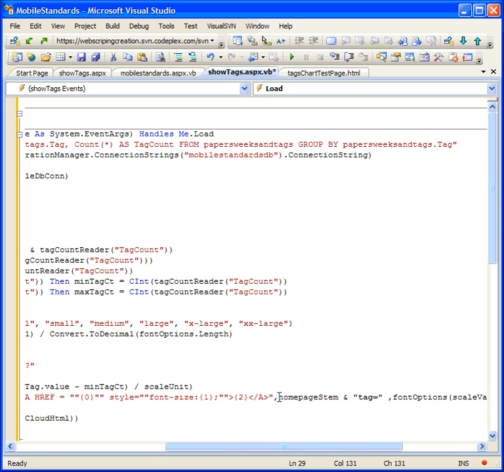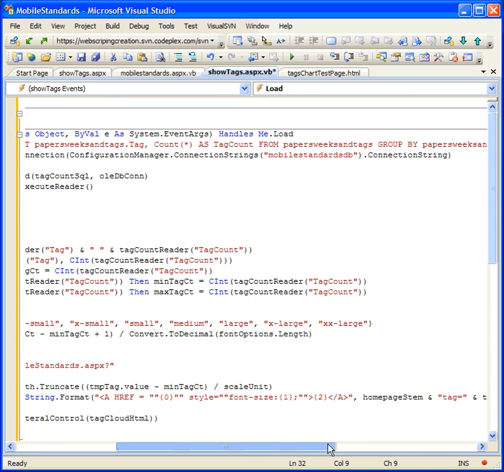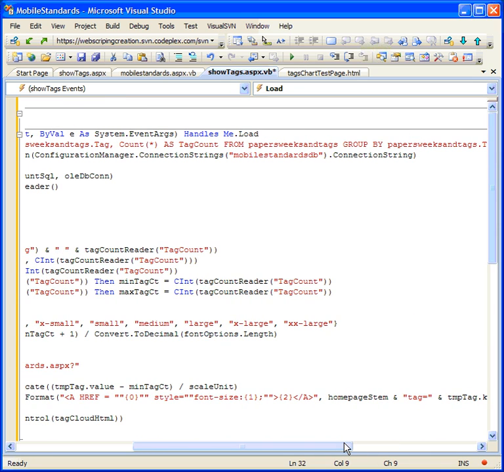Tag equals ampersand. Now we know we want the actual tag, the actual word that appears, and we can get that by tmp tag dot key. Okay, and that will give us, so now what should appear in there is mobile standard.aspx